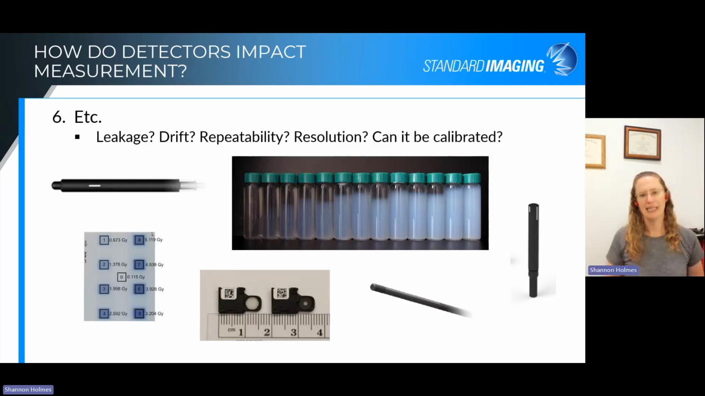And I put in an et cetera category. There are other things that may need to be considered depending on the detector that you're using. What's the leakage? Does it drift? How repeatable is it? What's the resolution that I get? Can I calibrate it? We've talked about some of these: ion chambers, diodes. This is our scintillator, but there's film, there are TLDs and OSLDs, there's the radiochromic gels. There are other tools that can be used for this that each have their own potential pitfalls, but have things